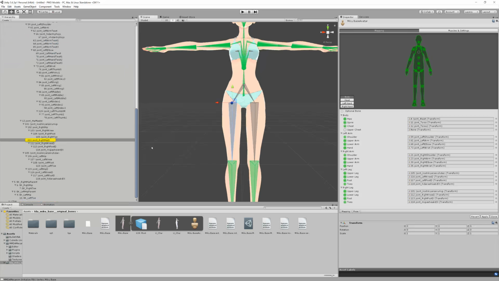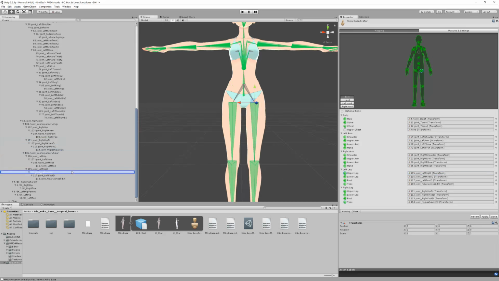So you'll notice that this is all wrong. So we're going to choose right hip D for your right leg, right knee D for your right knee, and right foot D for your right foot. And you can put the toe in here if you want to. But I find that does cause some problems in VRChat, so your mileage may vary. I'm going to leave it, but you can take it out. And then same thing, you want left hip. So we're looking for the one marked with D. So left hip D,